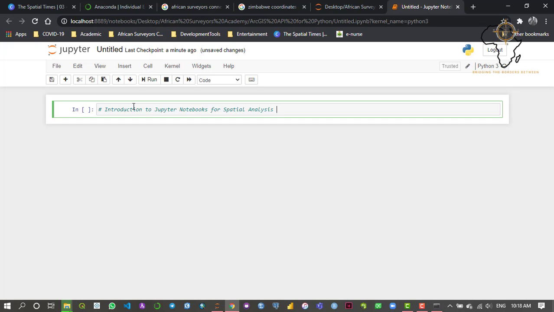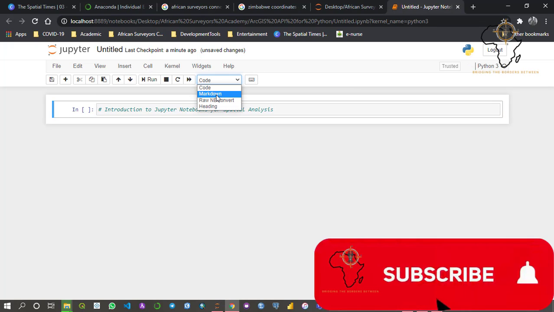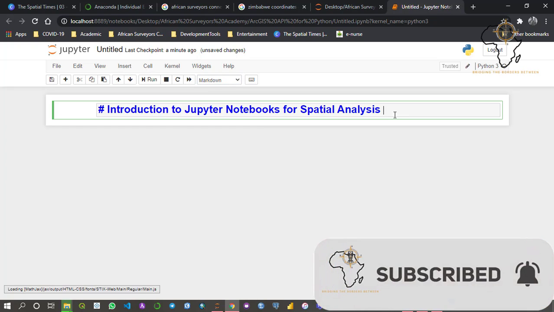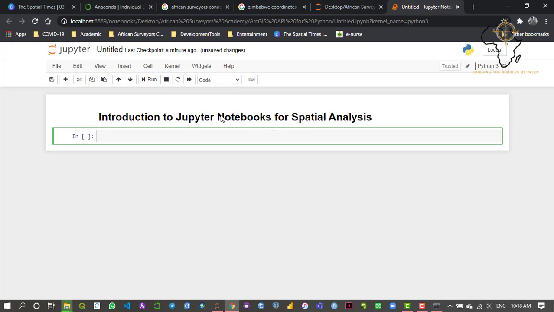Okay, so I'm just gonna change this to Markdown, then run the cell, and it produces some Markdown. So I'm just gonna type. Remember what the Markdown syntax that we used last time looked like. So I'm just gonna put in italic, and I'm just gonna say, in this tutorial